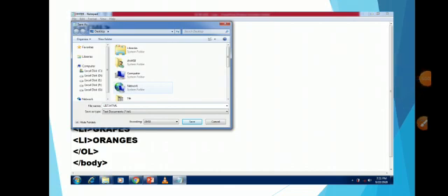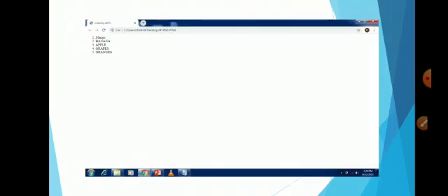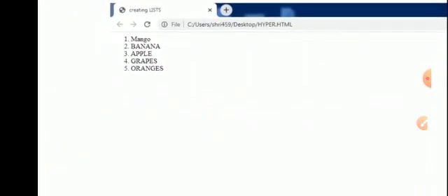Okay, so now whatever name you want to give for saving, you can give it, and save it as list.html. Like I have given list.html and I saved, then it will come in the form of a Google page, and then it will run like this. And see, orderly it will come like 1 2 3 4 5. Understood? This is your ordered tag. Orderly means whatever the numbers you are writing, it will come in an ordered form.